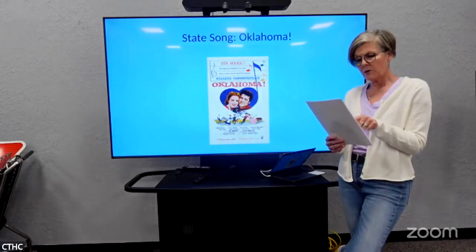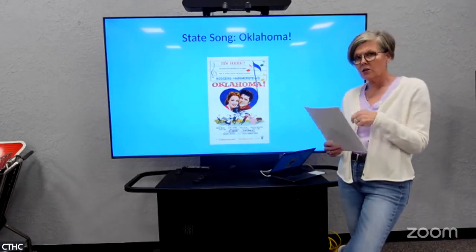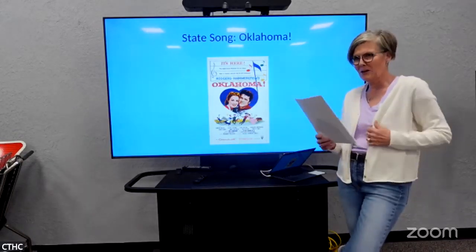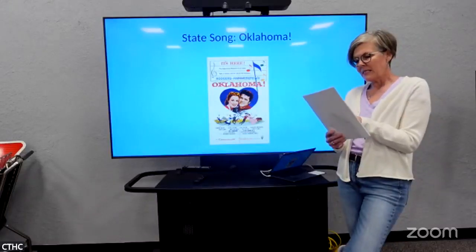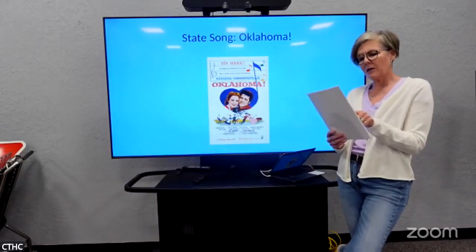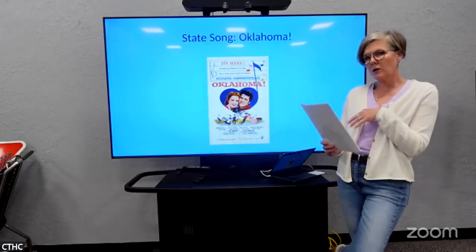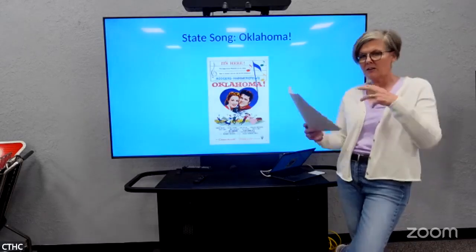The plot revolves around the conflict between ranchers and farmers. "The farmer and the cowhand should be friends." Just a little lyric from the movie Oklahoma. And it plays itself out in a romantic triangle comprised of the cowboy Curly, the farm girl Laurey, the hired hand Judd, and just kind of all the things that